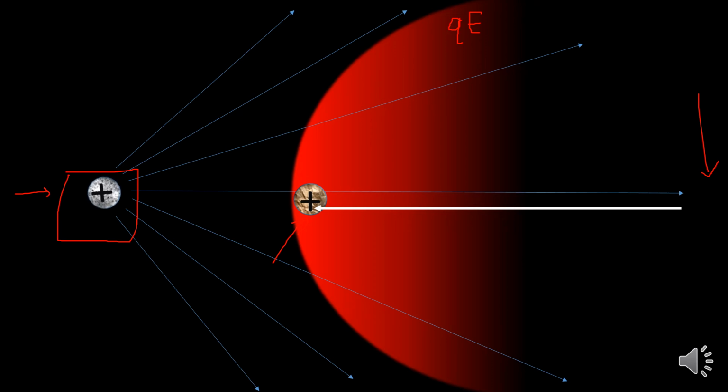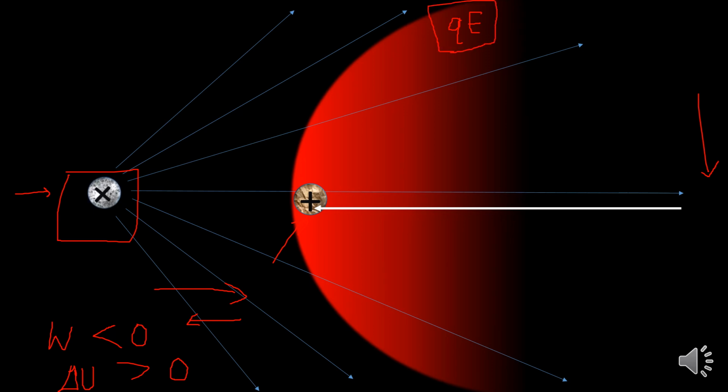So in this case, force is towards the right side and displacement is in left side. So work done will be less than 0, it will be negative, but the charge will gain its energy, potential energy will keep on increasing as you move closer and closer. But how do we find out work done? Because E is changing its value. So what to do?